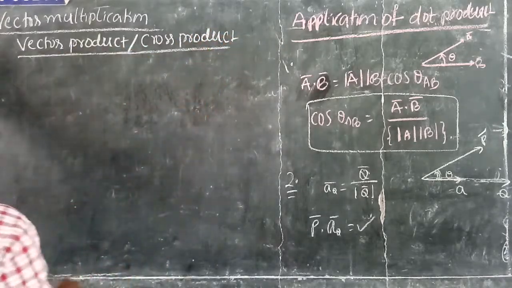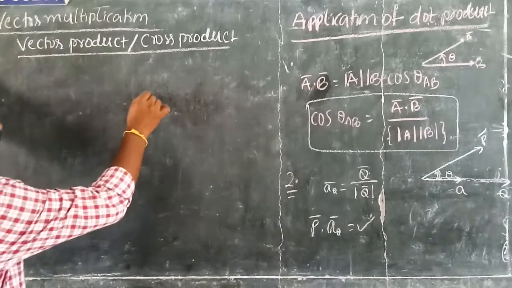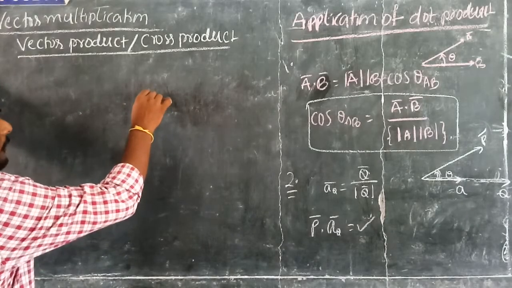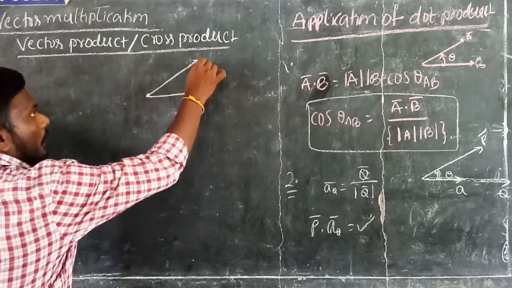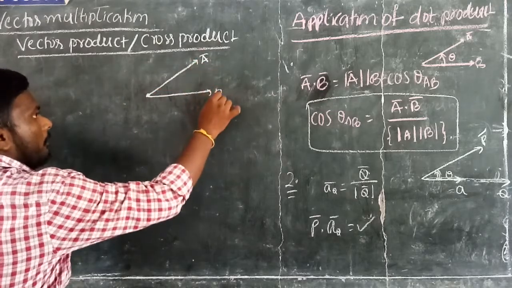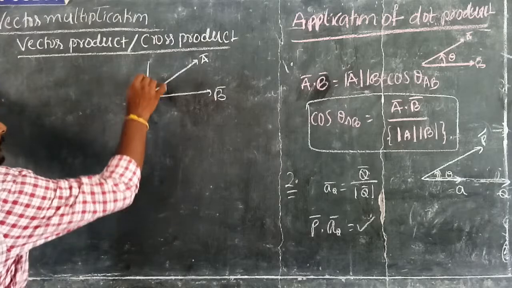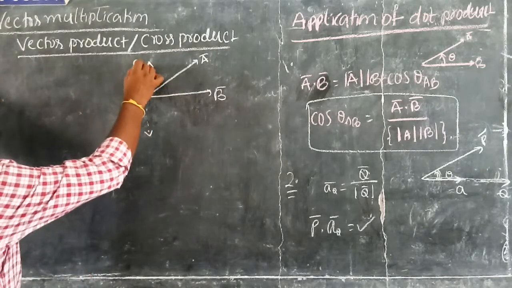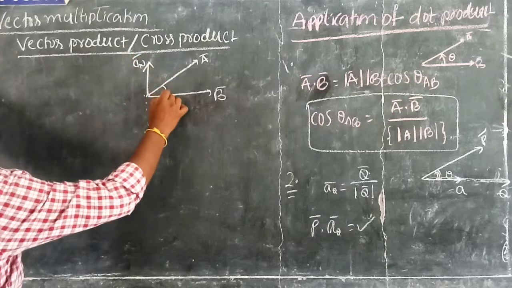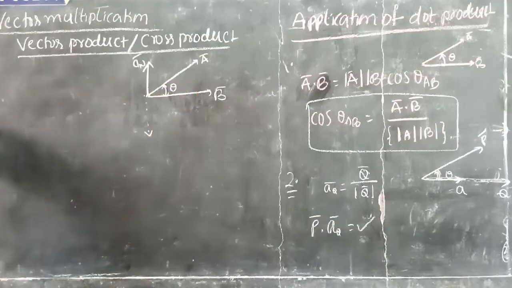Okay, so what is the definition of the cross product? If I have two vectors a bar and b bar like this, and the angle between a bar and b bar is theta, the cross product is defined